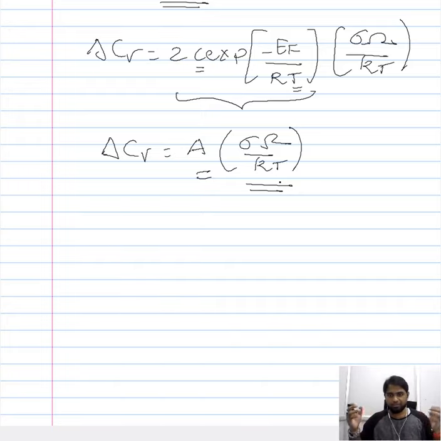When you have the compressive loading, the amount of vacancies that are produced is reduced. When you have tensile loading, it is increased, and everything that happens is because of the stress that is being imposed on the material. So correspondingly, the difference that you see in the concentration of vacancies is dependent on the stress. Now this is a difference in the concentration,